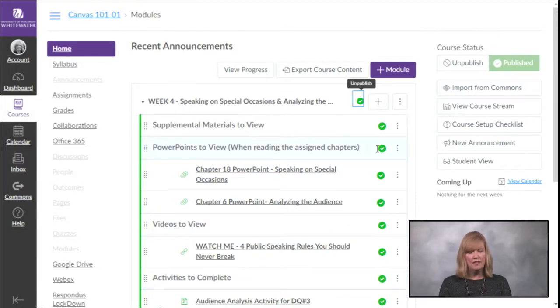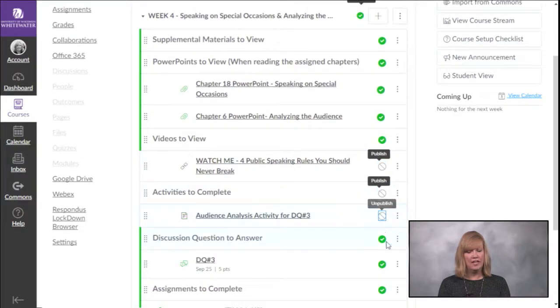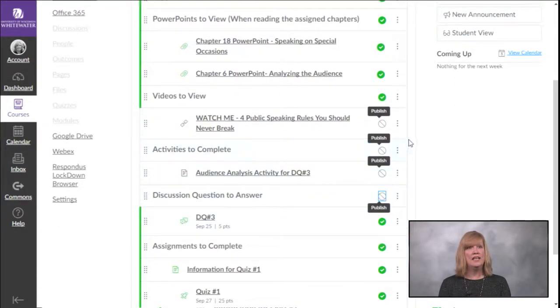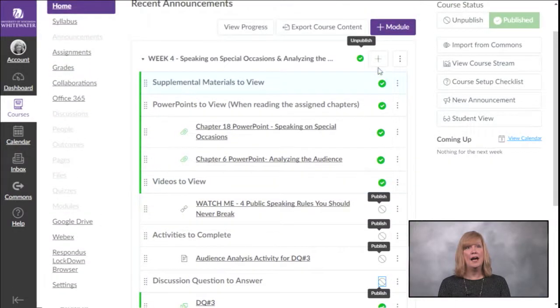What you can do is go in and turn off some of those published things. As you saw I just did here, now you can see that these top circles are green check marks, though the ones underneath them are white. You just have to remember that if you turn something off, you turn it back on, so that your students can view it. Because again, just because you can see it doesn't necessarily mean that your students can see it.